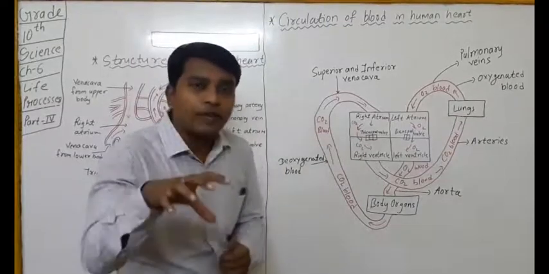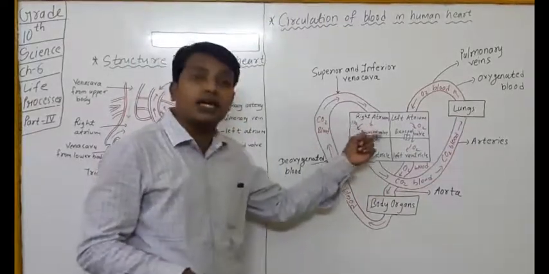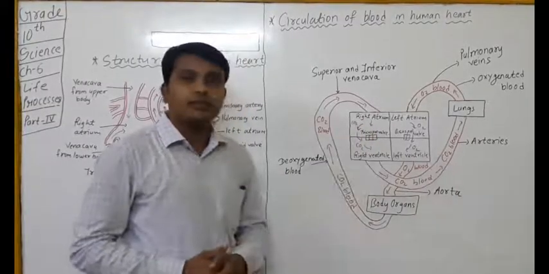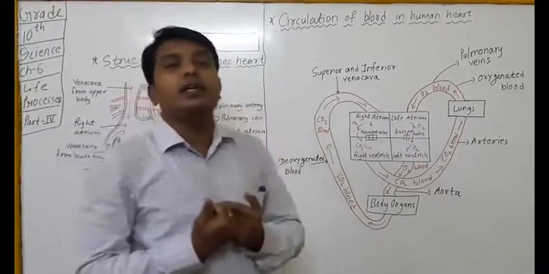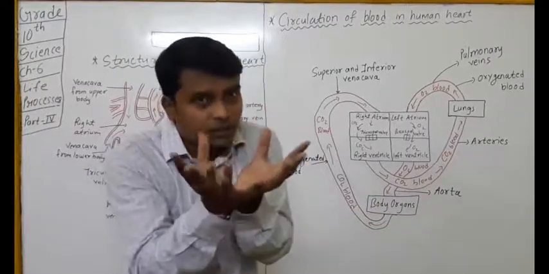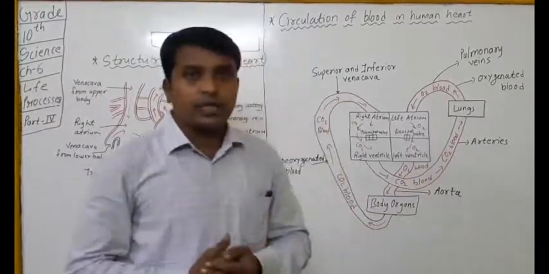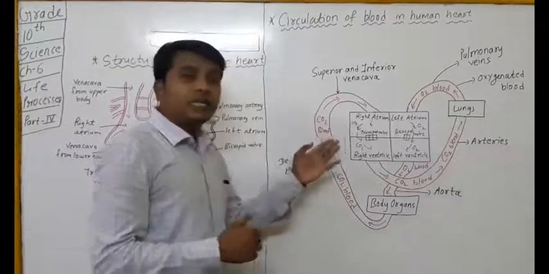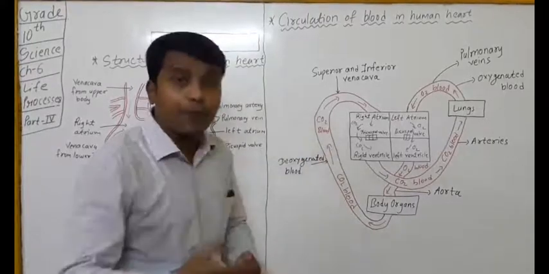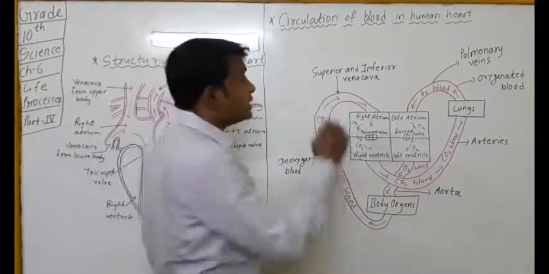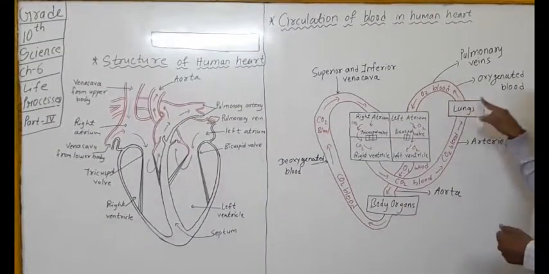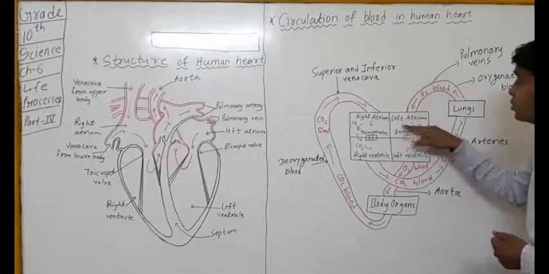And because of that pressure, all the blood which is there in the right atrium gets transferred into the right ventricle, and simultaneously when the blood is entering the right ventricle, the walls of the right ventricle get relaxed. Now they allow the blood to come in. ठीक है, is it clear? But at the same time while this is happening, the oxygenated blood from the lungs is entering the left atrium.